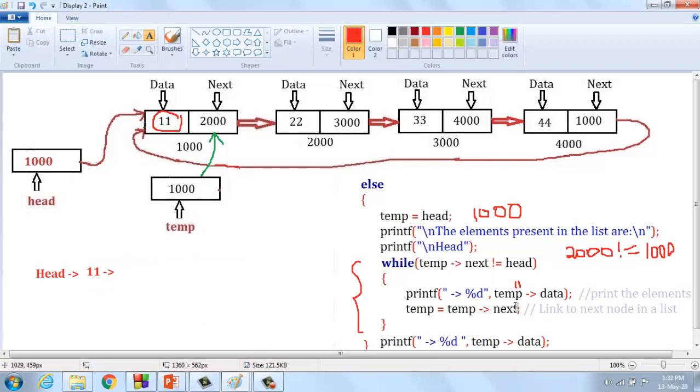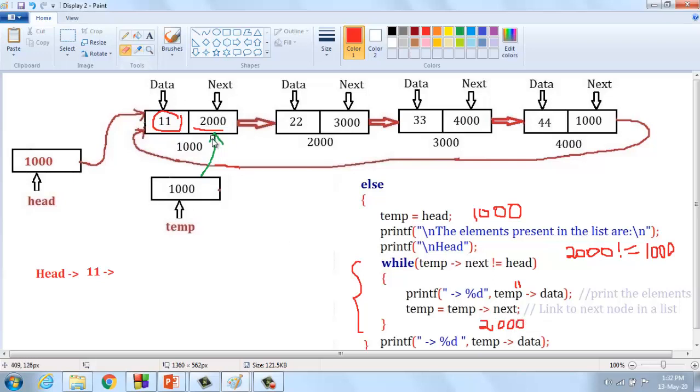Then coming to this statement, temp equal to temp of next. This temp should be pointing to the next node in the list. So how can I change temp of next? What is temp? Temp is 1000. 1000 of next is pointing to this node, that is 2000. Here temp should be changed into 2000.